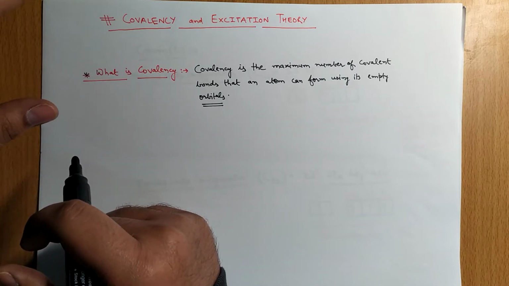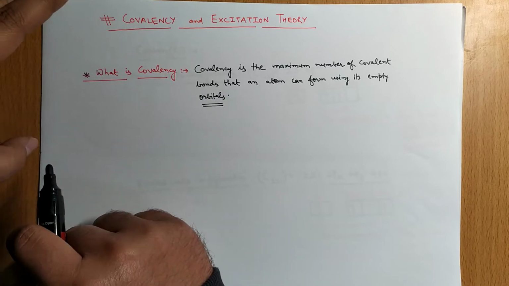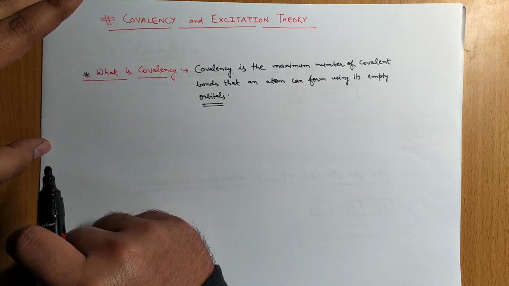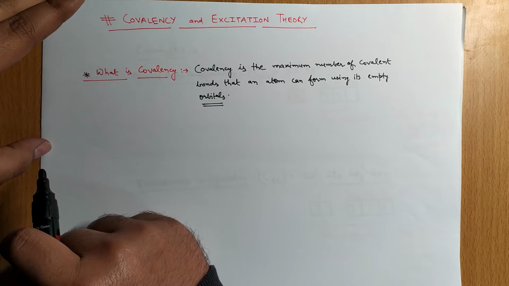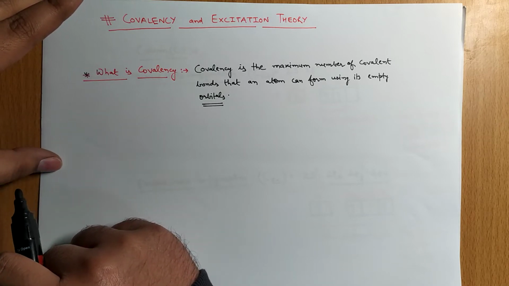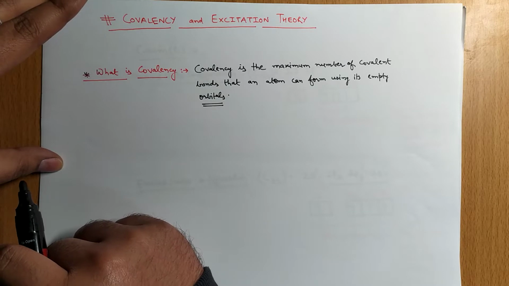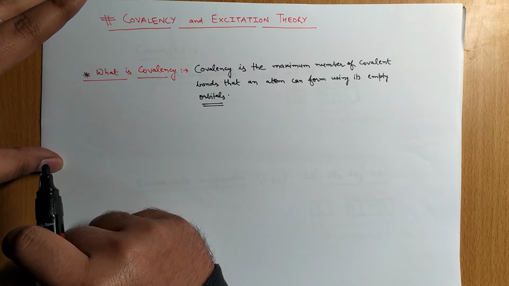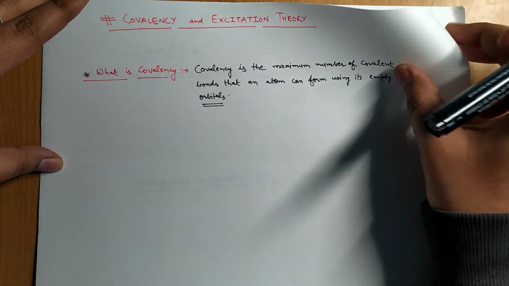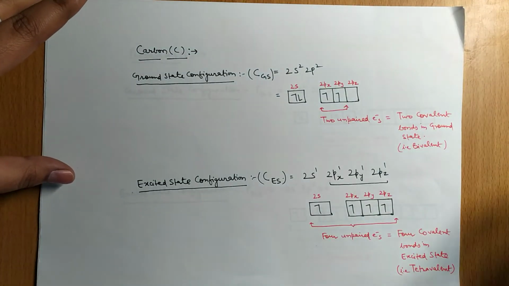So first of all, we should know what covalency is. And guys, covalency is the maximum number of covalent bonds that an atom can form using its empty orbitals. Now, if this simple definition doesn't make sense, I'll take the help of two examples to explain this whole phenomenon. First of all, I'll take the example of carbon, and consider its ground state configuration,